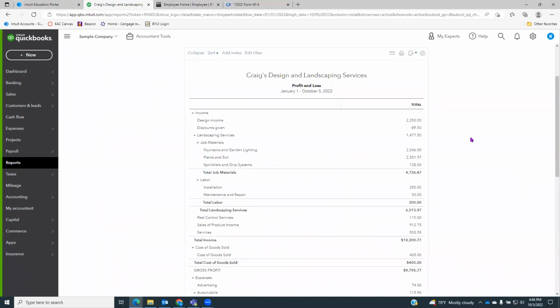And there it brings up a profit and loss for us. Since this company was set up as a 2022 company, right now it has the date going from January 1st all the way to today, which when I'm doing this is October 5th, 2022. So that's step 4. And then step 5 tells us to change the date to the first of the current